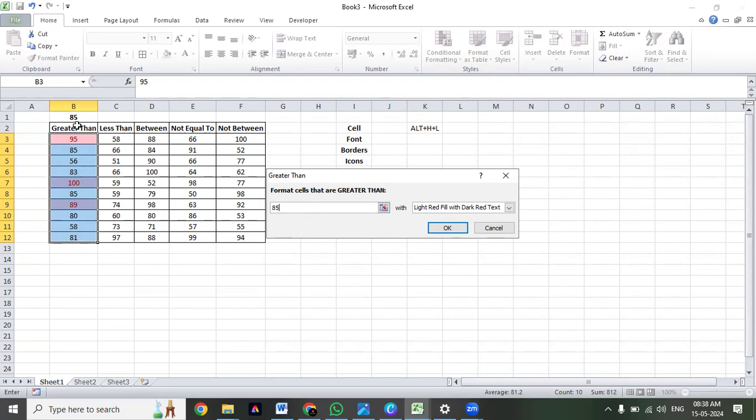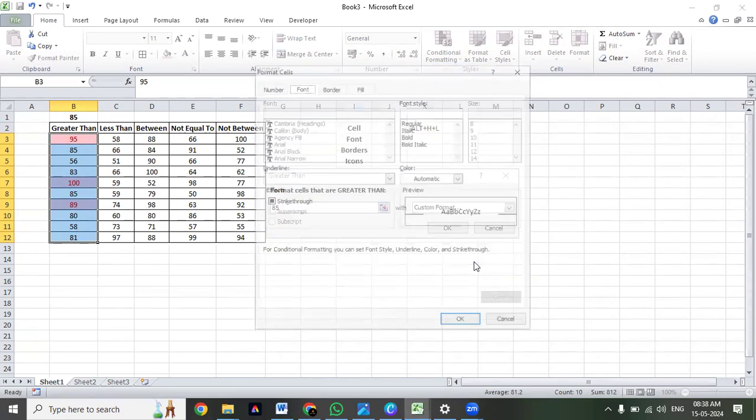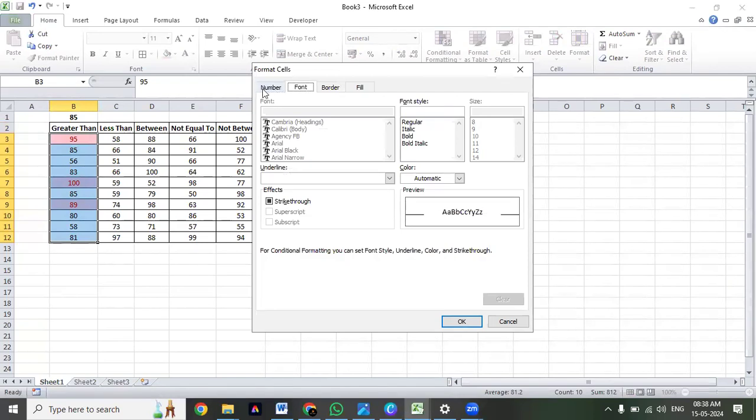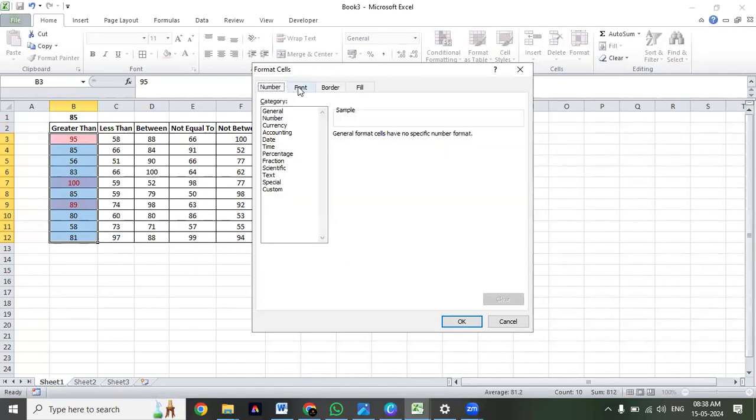But our condition is what? To meet more than 85. So we have got 1, 2, 3 records which are greater than 85. So I'll click here. I'll go to the custom format. If I click on custom format, I'll get all these options, like whether you want to highlight the number or